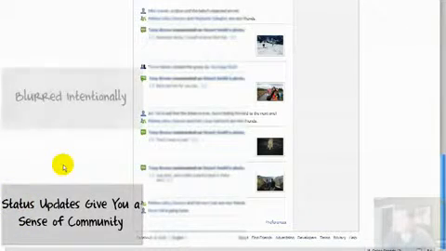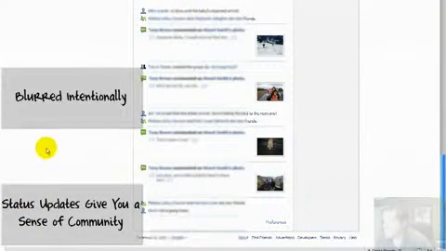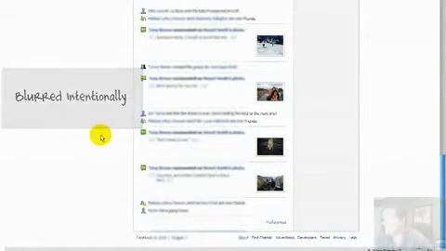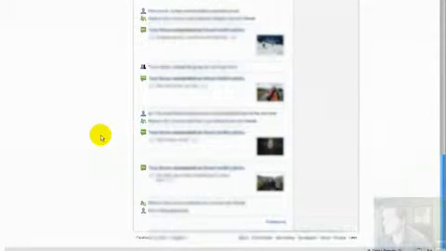And one of the things that people don't realize, the power of a tool like this, is that the staying in touch is done in a unique new way. It's kind of a new layer of being able to stay in touch. You can find out when people comment on things, or when somebody makes a comment about something, or gives a status update on what they're doing. You can see who's becoming friends with other friends. It just kind of gives you a way to stay in touch with people like has never really been in the history of the world before.